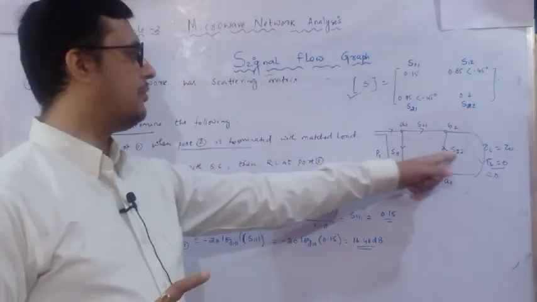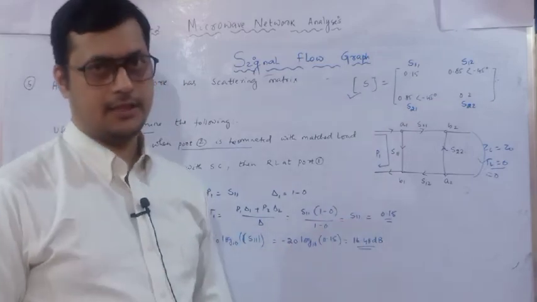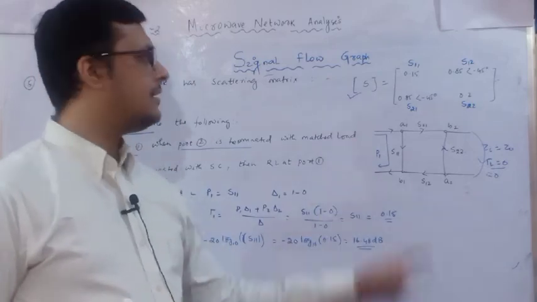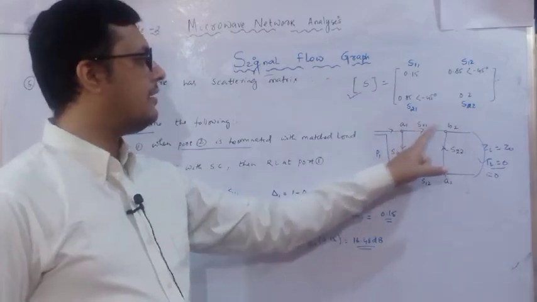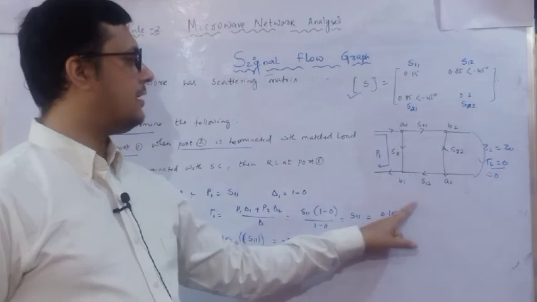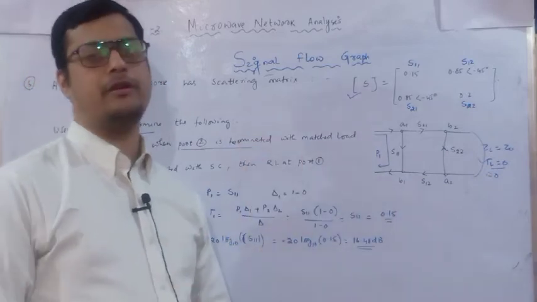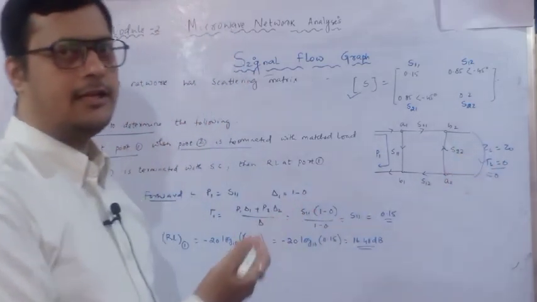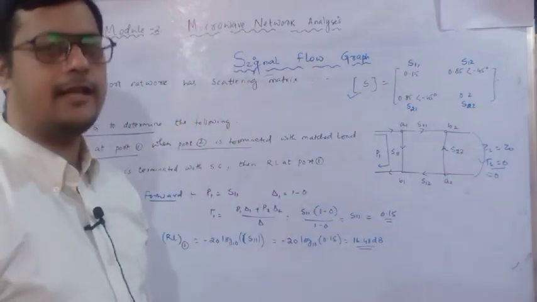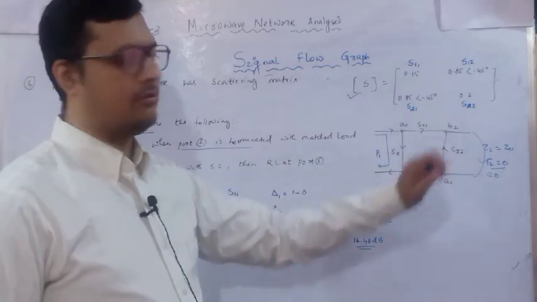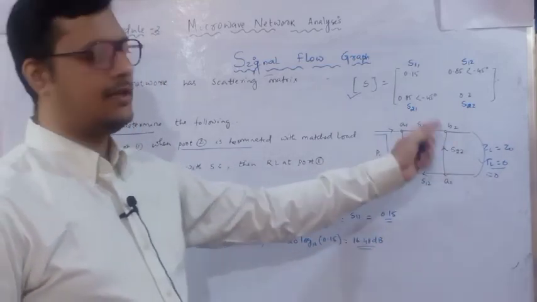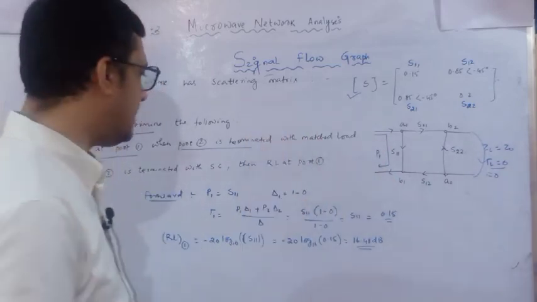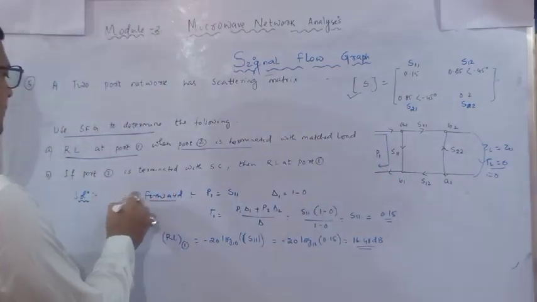So this much is with respect to which condition? If port 2 is perfectly matched. If it is not perfectly matched, then you have to include the second path. What will the second path be? S21, reflection coefficient, S12, that is the second path, and we also have to identify the loop. But here it is given that the last port is perfectly matched, so the reflection coefficient is 0 and there is no need to consider rho L. So there is only one forward path for the first part. So this is my relation with respect to A.